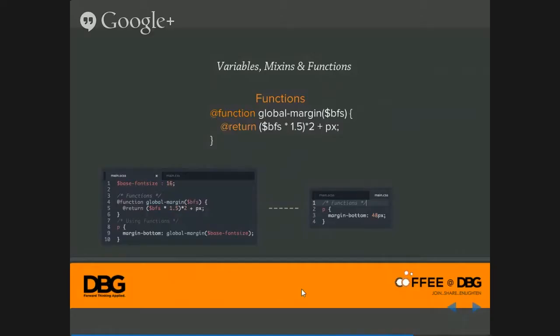Function. Actually, function is similar to mixin. The main difference is we are using function to create maths like this. It can only return values.